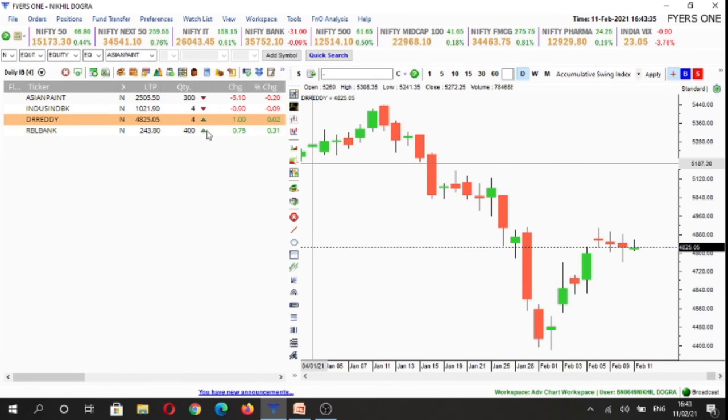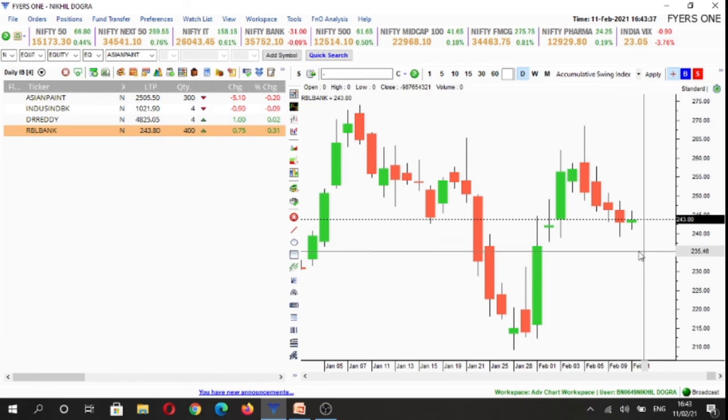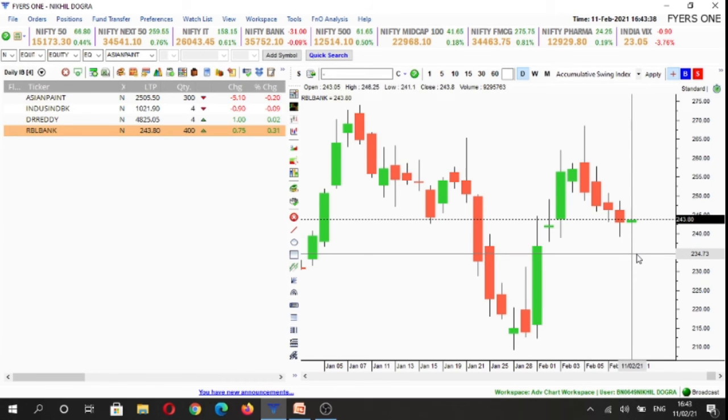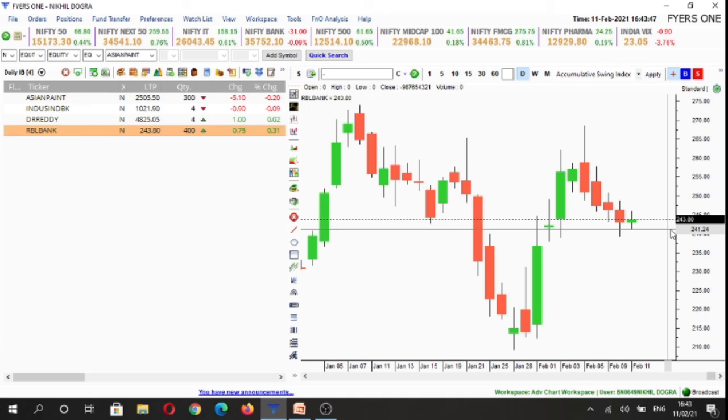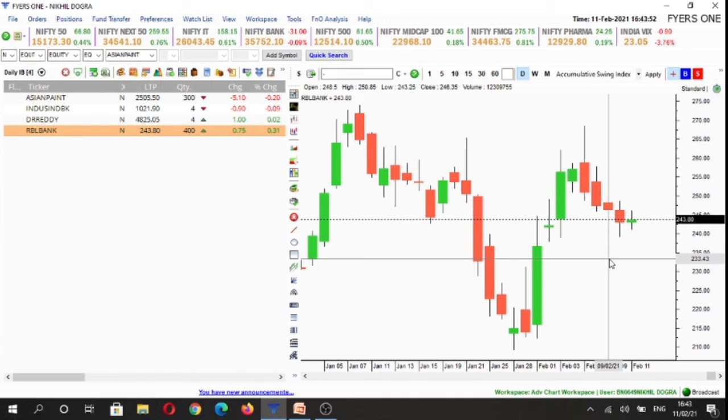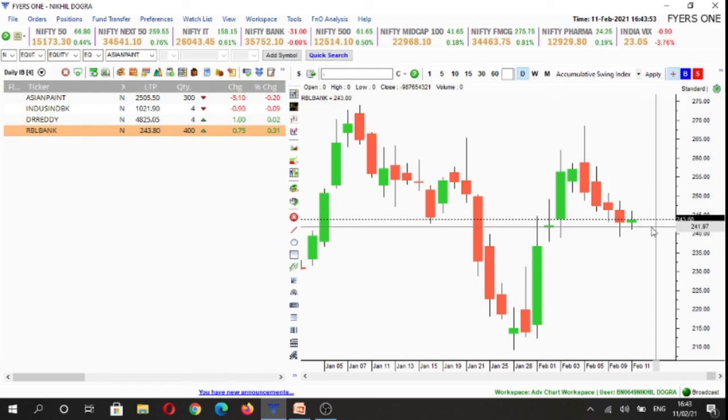And our final stock is going to be RBL Bank. So above 246.3 levels, we look for buying opportunity, or below 241 level, we look for selling opportunity. So all these stocks are inside candles on the daily time frame. That is, market was consolidating. That's why an inside candle is formed when there's an equilibrium between both the buyers and the sellers. So we'll look for entry opportunity if either side of the range breaks.